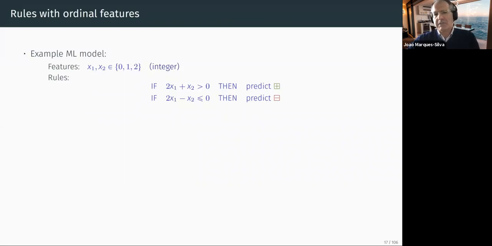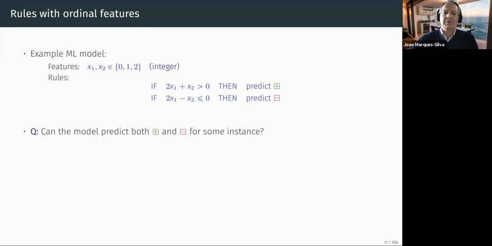Again, this is a really simple example. I'm going to ask a question which shows why we need to reason about these things. A natural question would be: can I predict, for some point in feature space, for some instance, plus and minus at the same time? This is an example of what is called overlap. It's a fair question. I would like everyone attending to spend some time thinking whether this is possible here or not. Again, I already showed you the answer. Of course, there is a solution. Why? Because if I put 0 here and 1 here, I respect the two constraints, and so I'm going to predict both plus and minus.